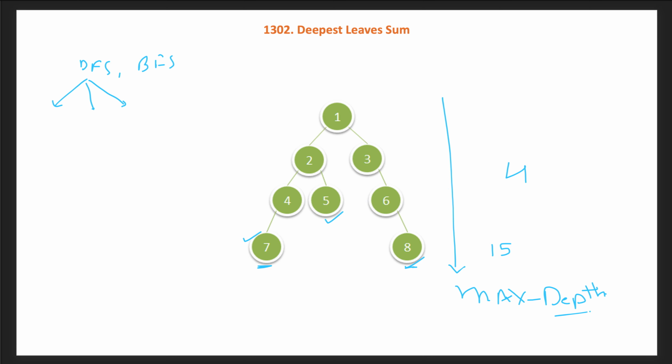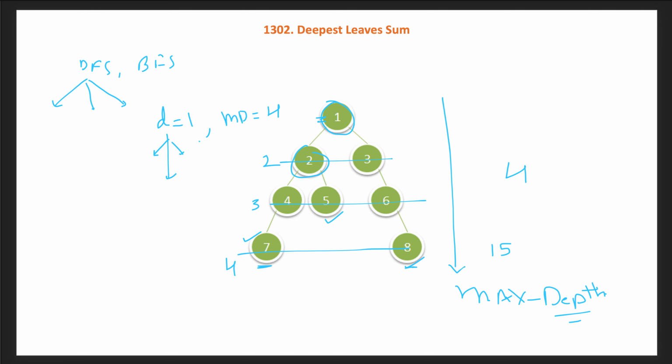Now once we have the depth, from the root we start again and send d, the current depth, which is initialized from the root, and also the max depth, say md, which is 4 for this tree. We keep going to the left and right subtrees, calling like a normal in-order or pre-order traversal. Whenever we go to the next level we increase the depth by 1. So it becomes 2 for this, then 3, and for this it becomes 4.